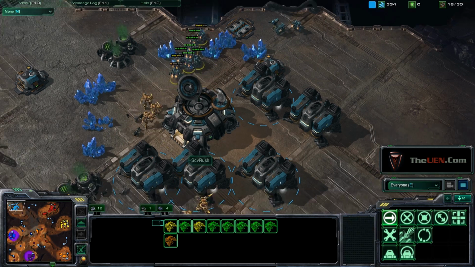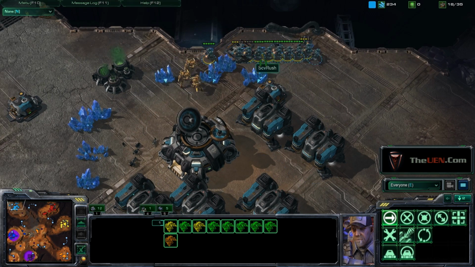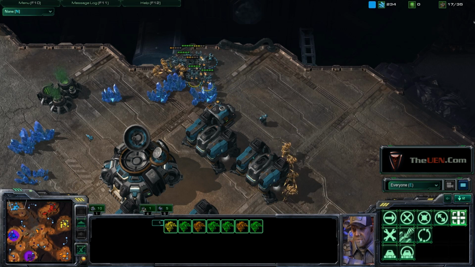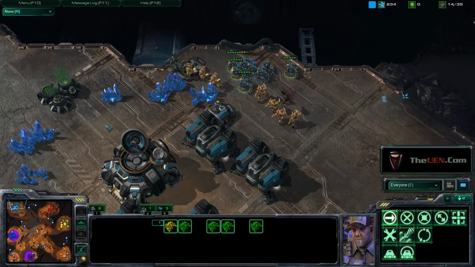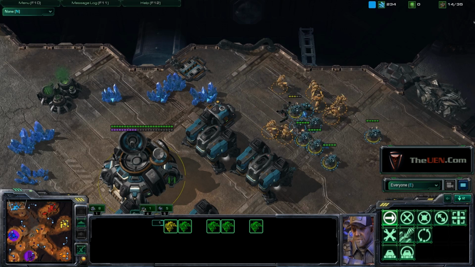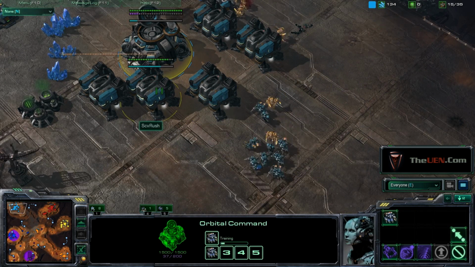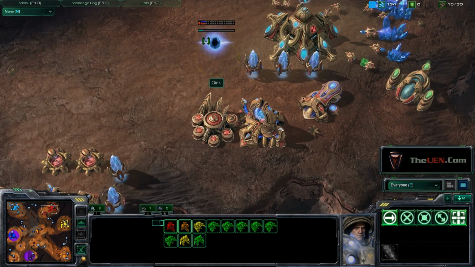Getting stuck with my SCV actually for a little bit, and at this point, there are just too many zealots in my base. So at this point, my purpose is actually not to kill these zealots, because I know I cannot kill these zealots, but it's just to buy time. My purpose is to buy enough time so my teammate getting